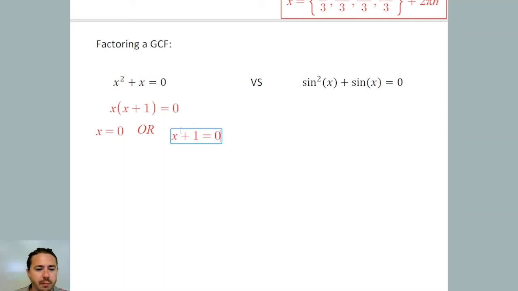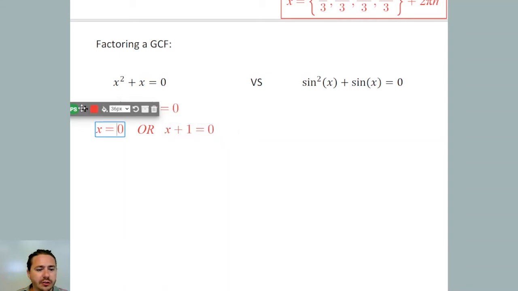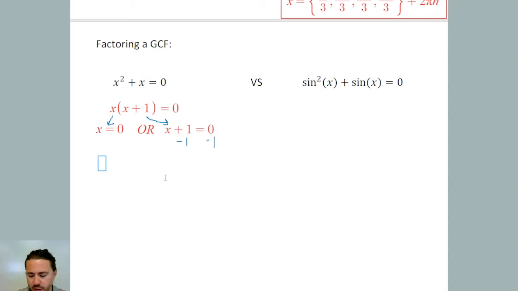So the zero product property is just saying if you've got two things that multiply to equal 0, at least one of them has to be 0. So we're going to basically split this up into two separate equations that we'll solve. This one over here is already solved. We just need to subtract 1 from both sides here to solve that. And then our answers would be x equals 0,